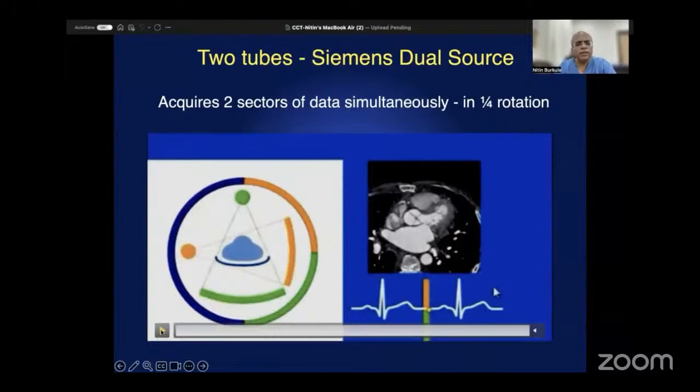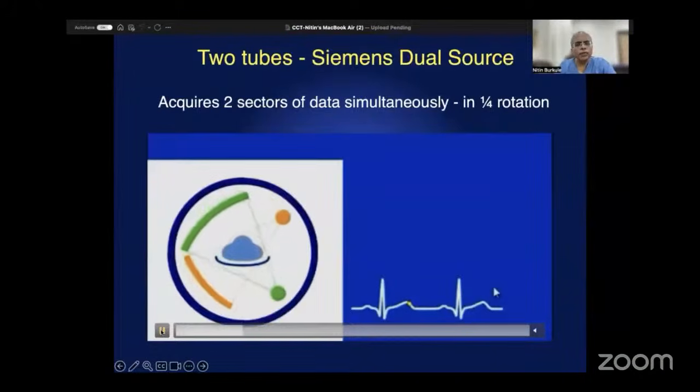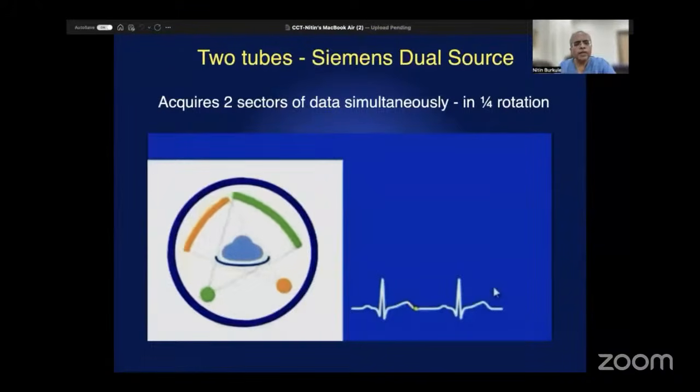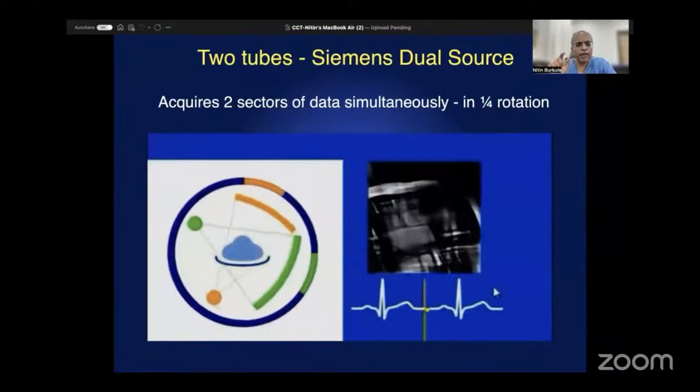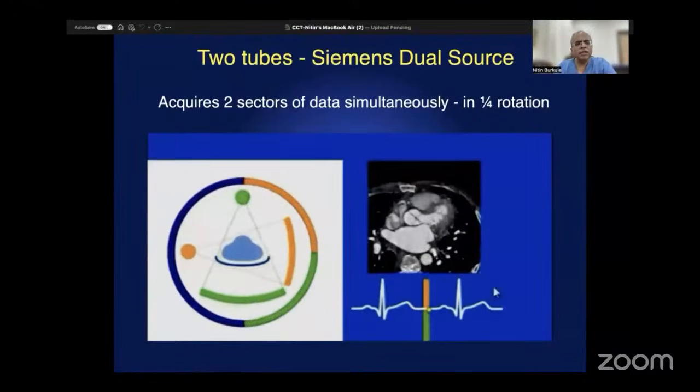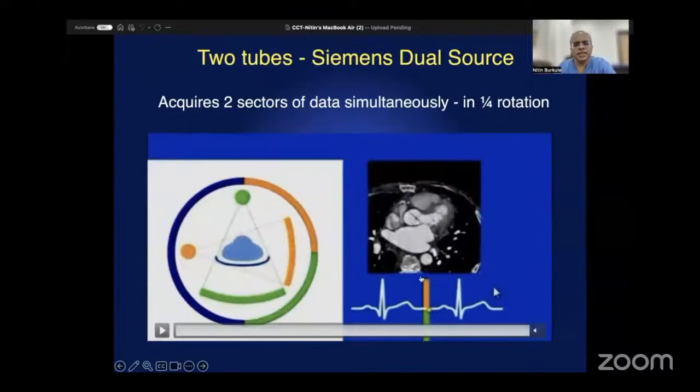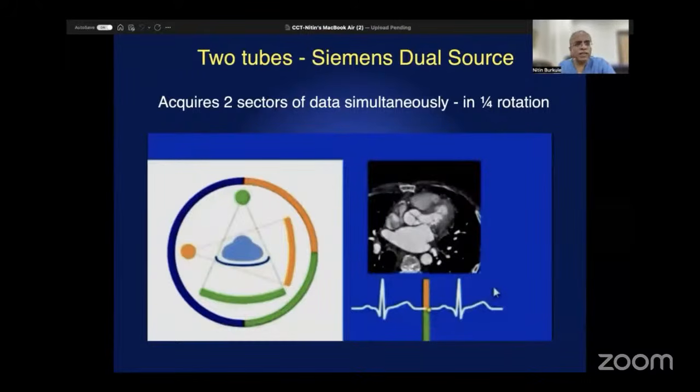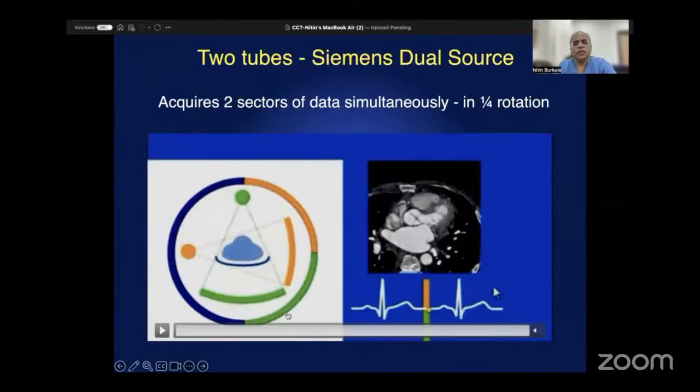So what happens is that when the gantry rotates, each X-ray tube has to scan just 1/4 of the perimeter, so that both the tubes together can simultaneously acquire data through the 180 degrees arc. That is what we need to generate one sector of your image. So interestingly, now